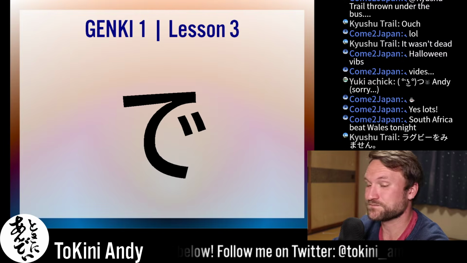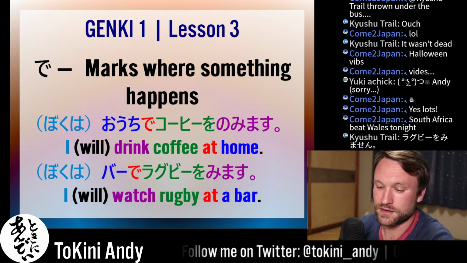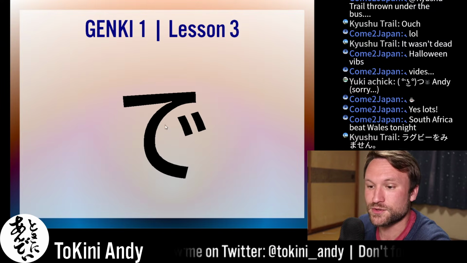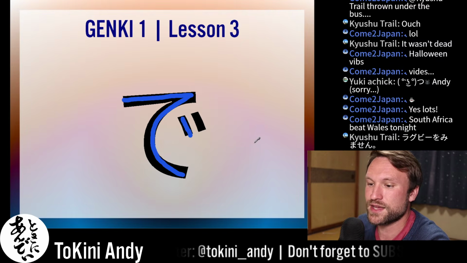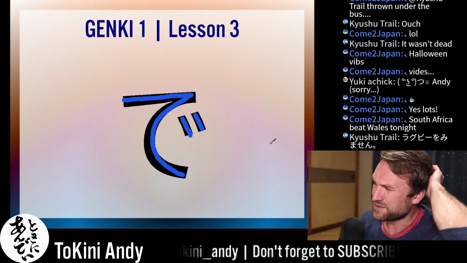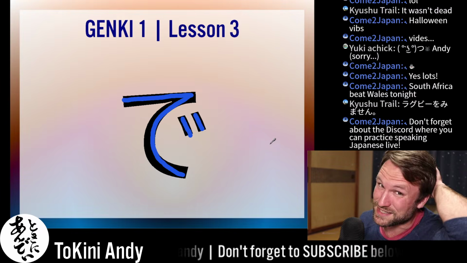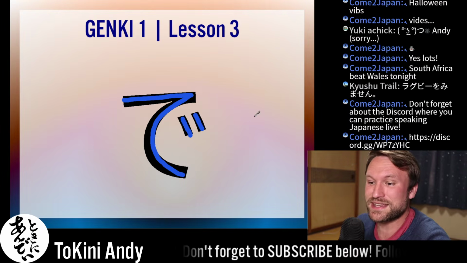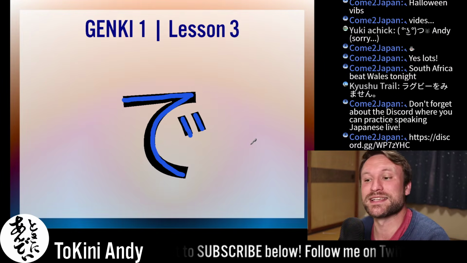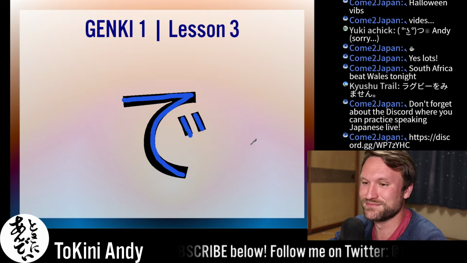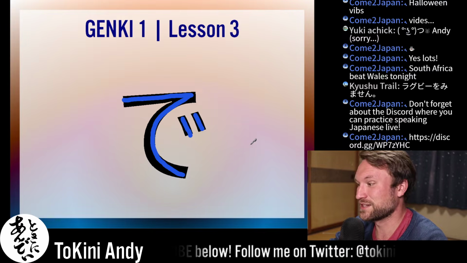De. I'll just show how you write that. You just go 1. It's just 1. And then the 2 things that make it a, I don't know, what's the name for the, makes it a d sound? This is actually te. And then you put these 2 little marks, which I can't remember what they're called, and that makes it de. Dakuten. I don't know what it is in English, though.